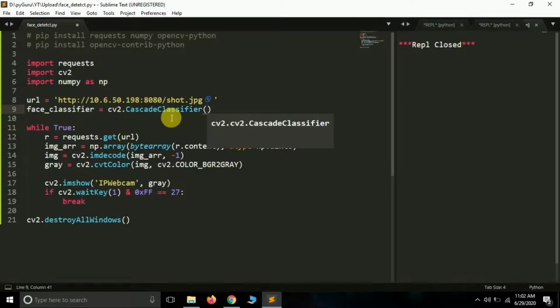Now see, to use this Haar Cascade file you need one more library, that is opencv-contrib-python. If you want to run this line, you have to install opencv-contrib-python, otherwise you will get errors. I hope you already installed it. You can install it by